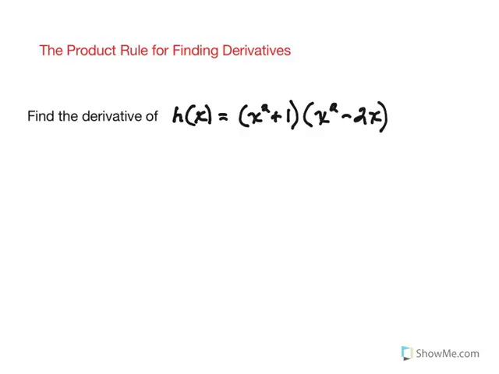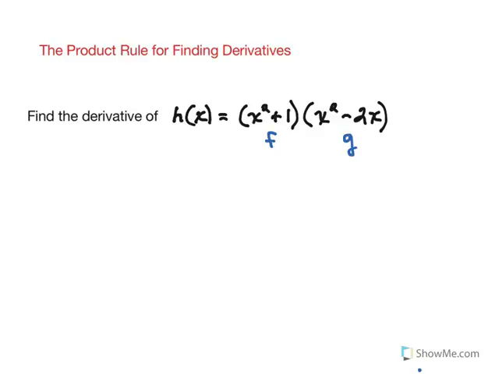Let's look at a couple of examples of how to use the product rule for finding derivatives. Suppose we have the function h of x equals x squared plus 1 times the quantity x squared minus 2x. Now, according to the product rule, you need to identify two different variable expressions. So let's consider this first one, the x squared plus 1, as the f function, and the other one as